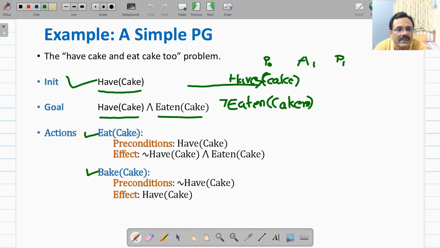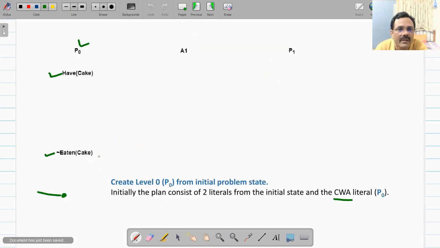So I will introduce this eat cake action, and effects are not have cake and eaten cake. So I will introduce in this action layer action eat cake, because eat cake precondition is have cake.